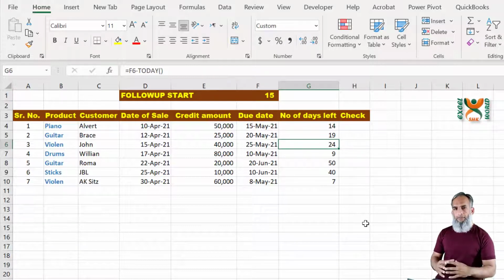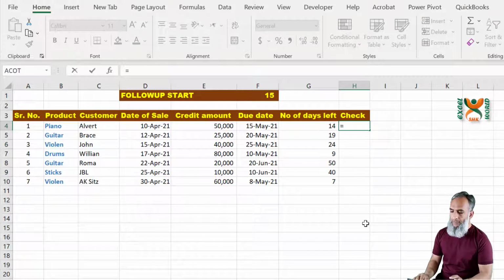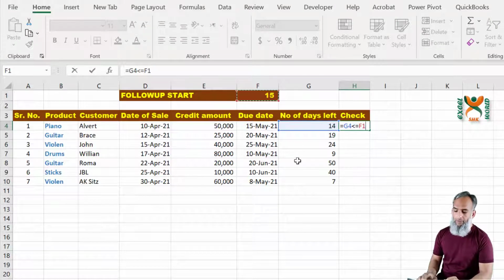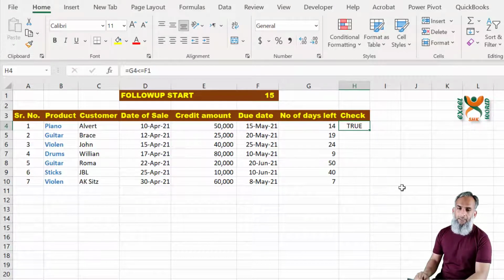So whenever 15 days are left, we start calling up the customers to remind them about the due amount. So we'll ask Excel to tell us if the number of days left is less than or equal to the threshold, and press enter. In the first case, it is saying that the amount has become due.